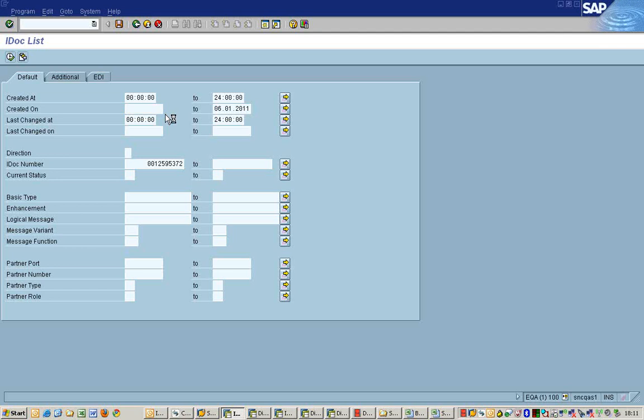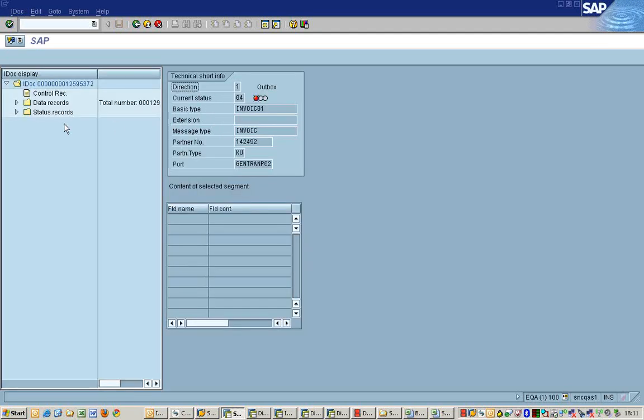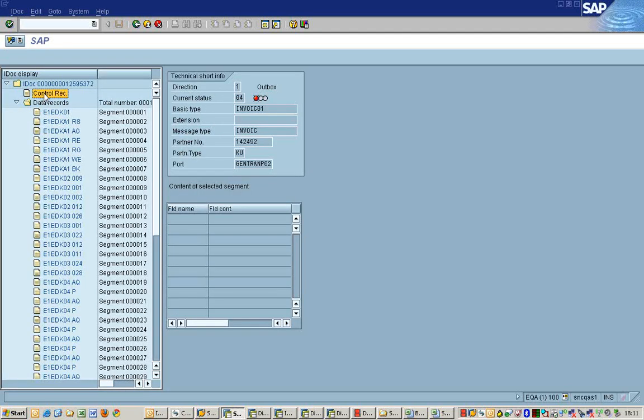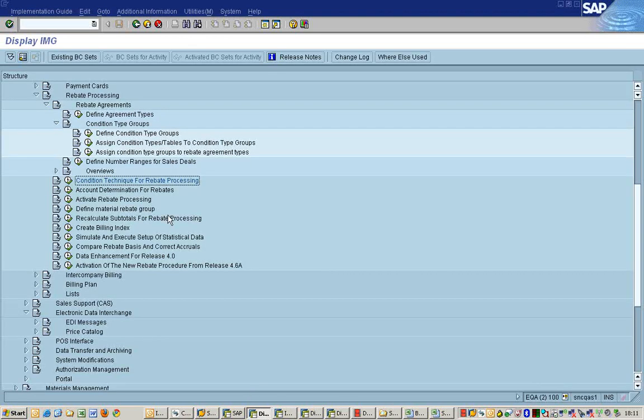We enter the IDOC number, execute. This is the IDOC generated. It has a basic type, message type, and a partner number and a port. So what exactly all these things are related to, we will see now.